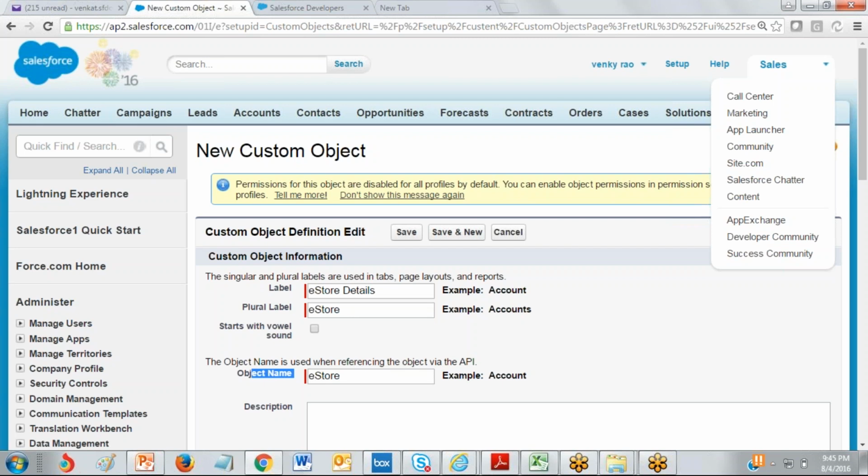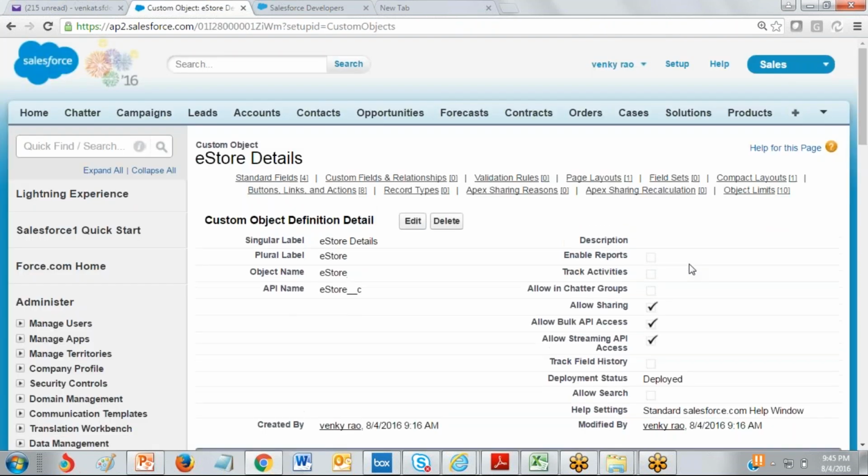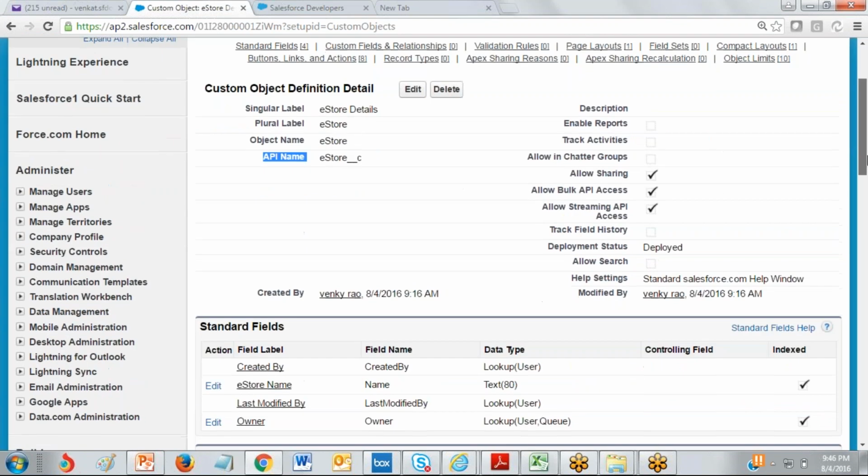Okay, e-store. Right, so click on Save. That means create table, table name; the object name created is e-store. Okay, click on Save. This is the object name. Why is it saying API, application programming interface?